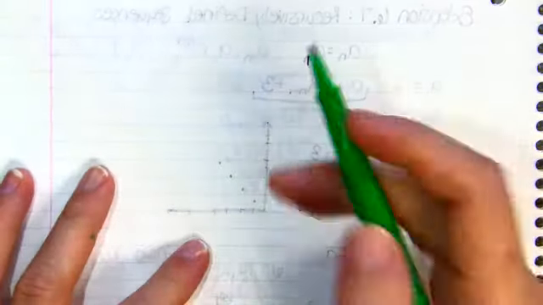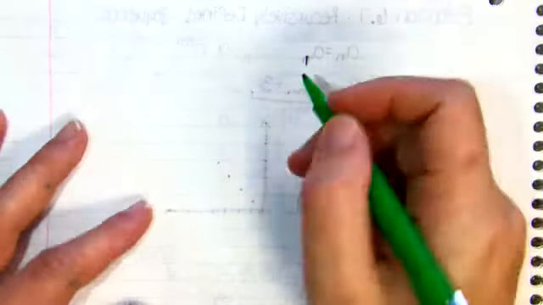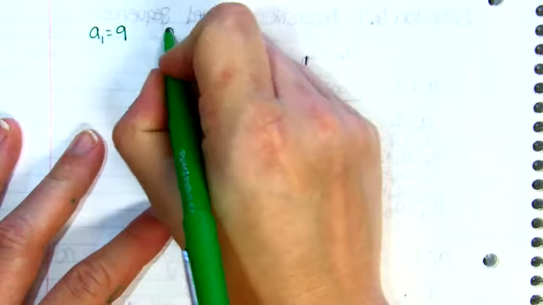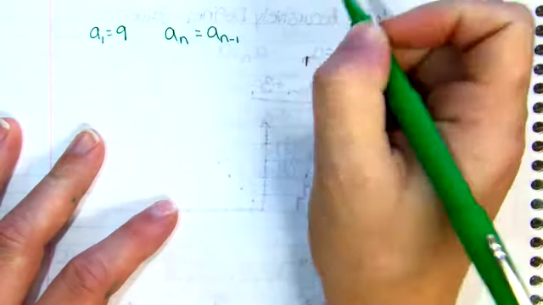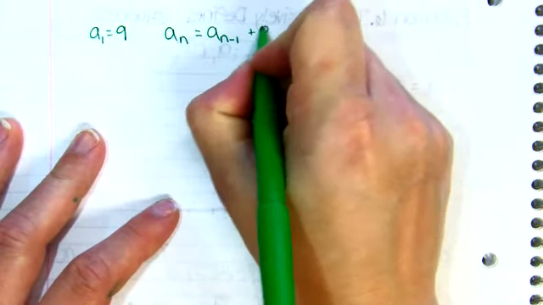The next part of having recursive rules is taking them and turning them into an explicit equation. So an explicit equation is what we learned about before, where you can jump right to the nth term. So if we had a recursive rule that looked like this, a sub 1 equals 9, and then we were given the recursive rule a sub n equals a sub n minus 1 plus 8,